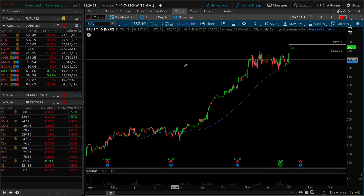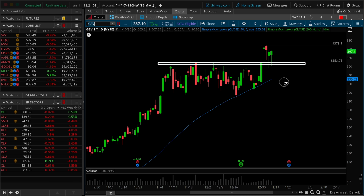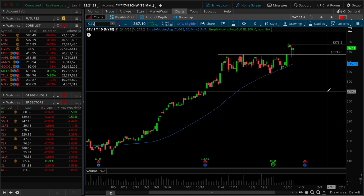GEV, GE Vernova. What do we see over here? Fueling the AI data center future. A couple of hammers back to back. I will just give you a little bit of transparency. I added this to the long term as they were going through their spin-off phases. I think I have GEV from, I want to say, low 200s, maybe somewhere in here. Anyways, I am long the name in a longer term portfolio, but I think that even as a trade idea